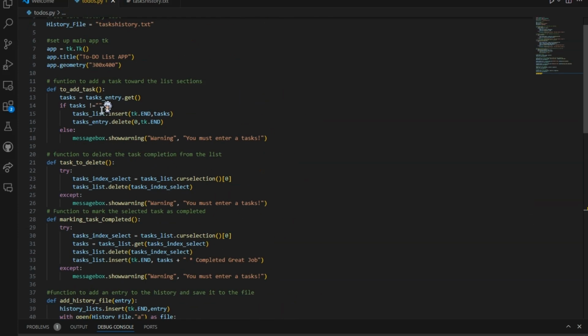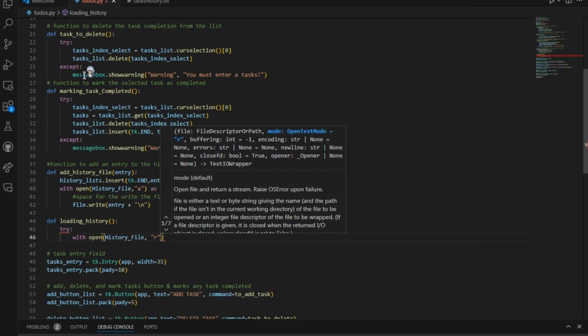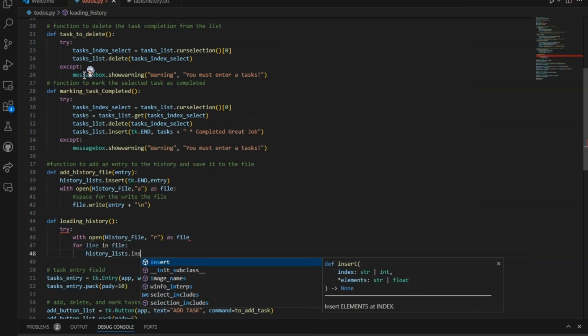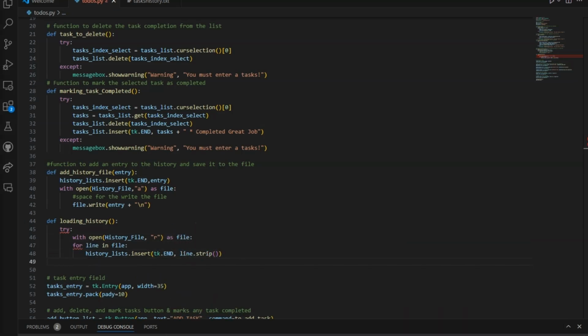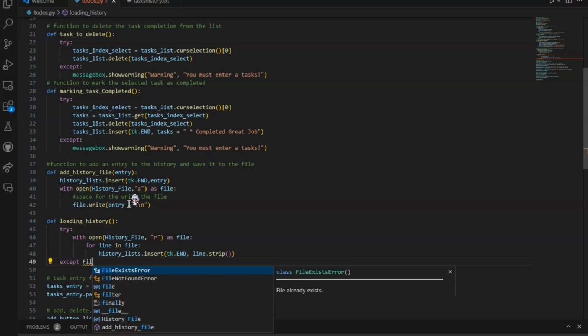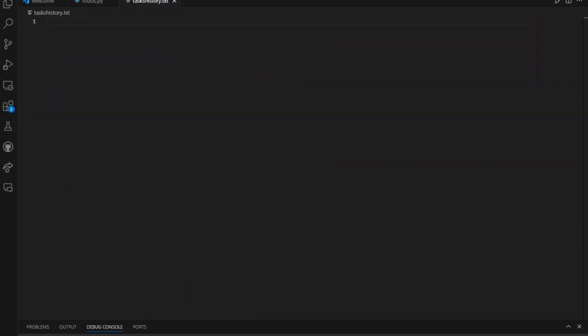But why do we need a history file? The main reason is to provide a record of your task management activities. This can be useful for reviewing your productivity, understanding your progress, and maintaining a backup of important task actions. It ensures that you don't lose track of what you've done, even if you accidentally delete a task.